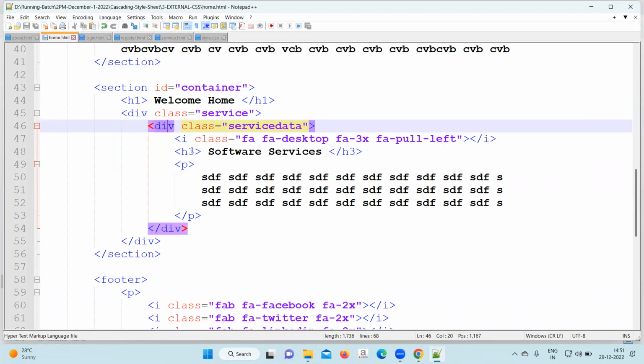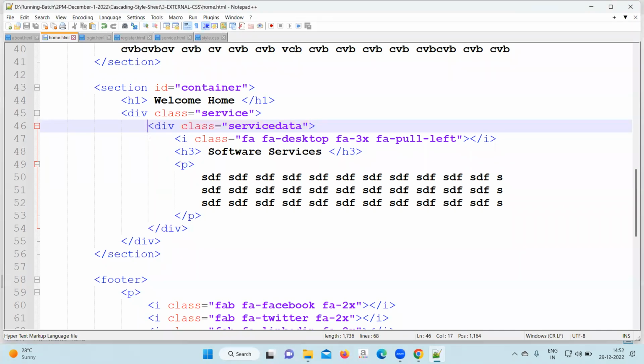Are you getting the icon with the text, that also side by side? Yeah. So next after this,